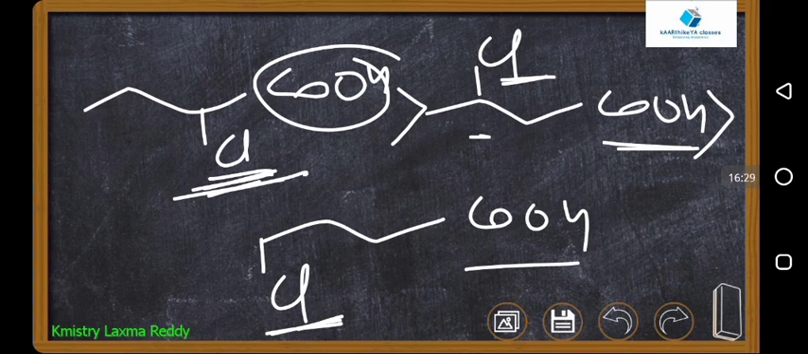So minus I groups must be close. So this is a better acid than this. Okay. Next,